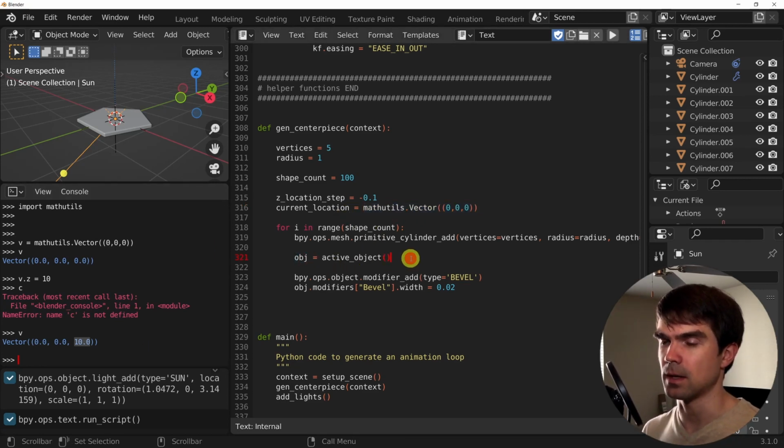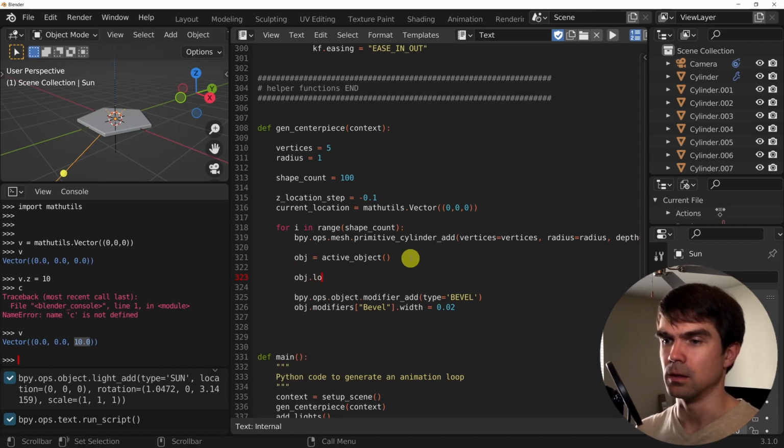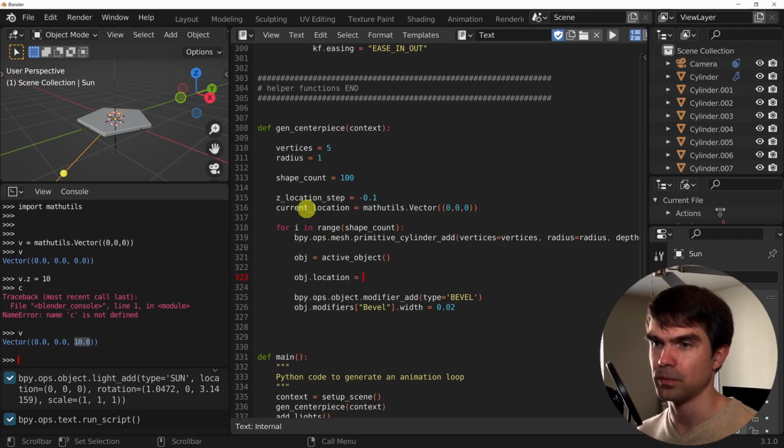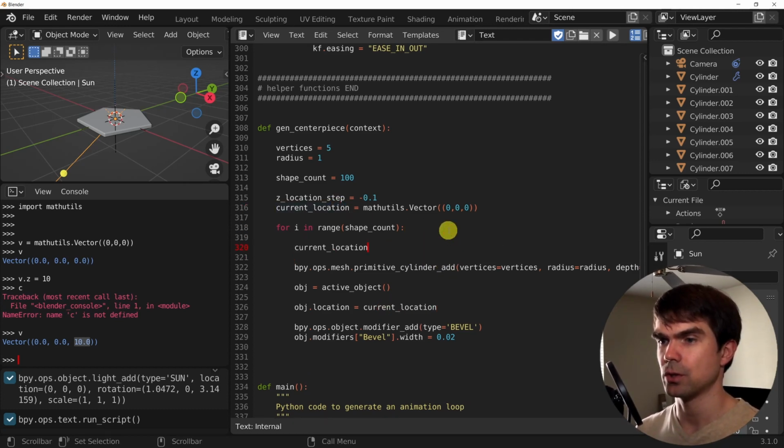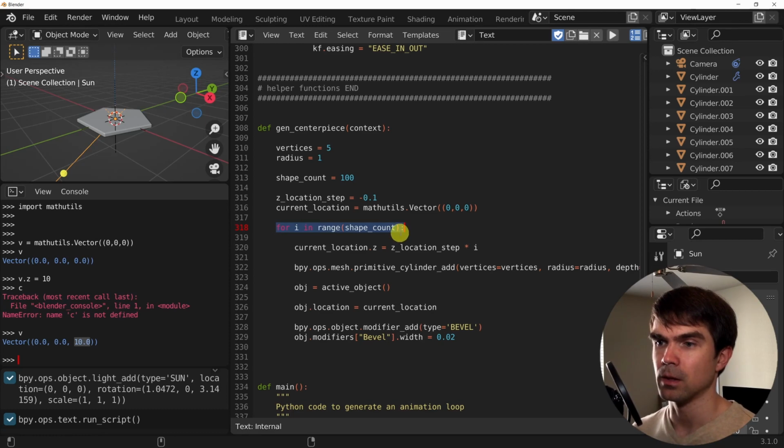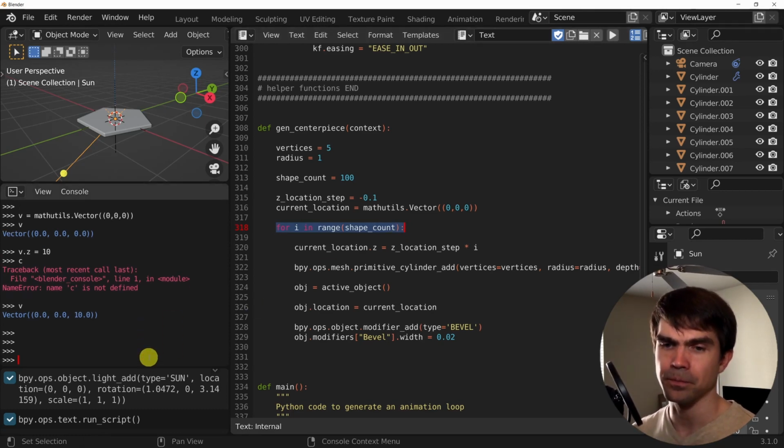So we're gonna set the location to the current location, and let's change the current location Z and use the location step and multiply by the current index, I. So this will change based on the I, and remember I goes from, let's just print it out right here.